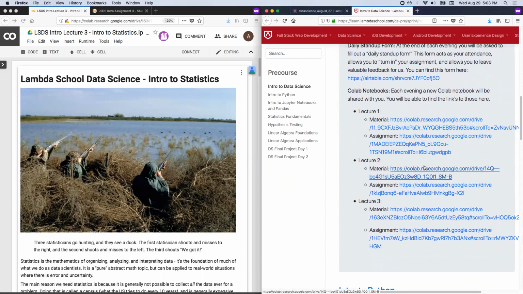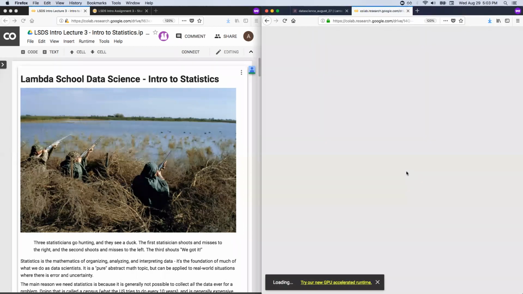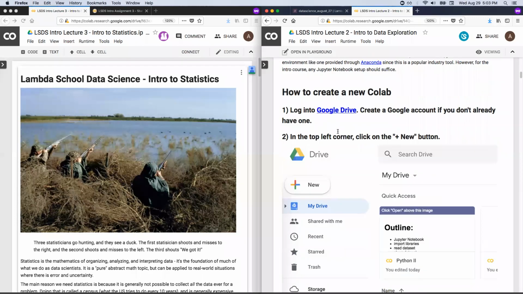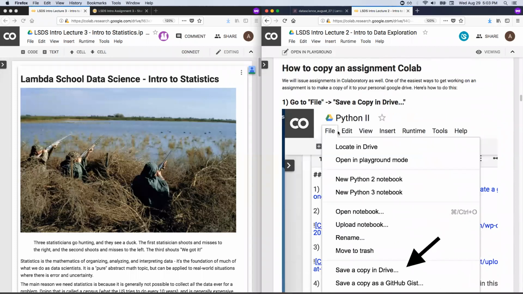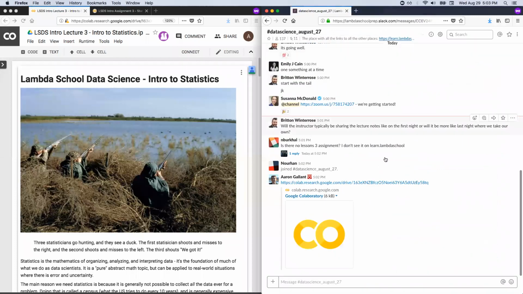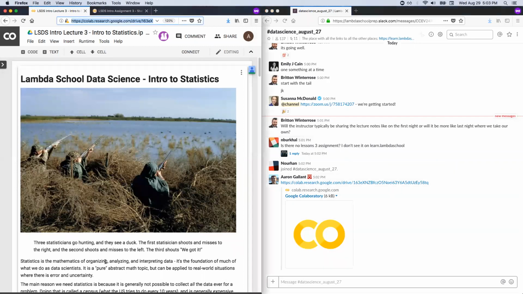So Ryan was live coding, right? It's a sort of fun, more interactive style of teaching, perhaps. But he does have the actual typed notes, and I believe this link is essentially very similar to all the things that he showed you. So you have that available as well. You just have to click through to get to it. And there will be a lesson 3 assignment, but let's start with the lesson first. And it should all be on learn.lambda school as well. If it's not, we'll get it there shortly.